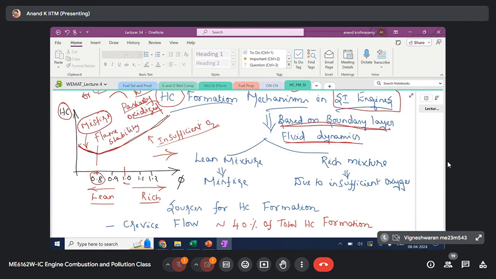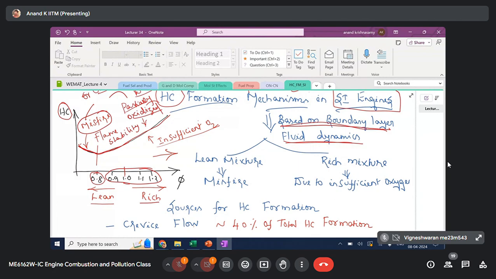It's very difficult to maintain a stable flame when you move towards the lean side. So you may completely miss the combustion because you cannot maintain a stable flame when you move towards the lean region. This is what is causing misfire. That is the reason for the sharp rise in HC emission below 0.8. So in the lean region, you will have a very high HC due to misfire because you cannot maintain a stable flame. And this is exactly the reason why we have a narrow operating range in an SI engine.